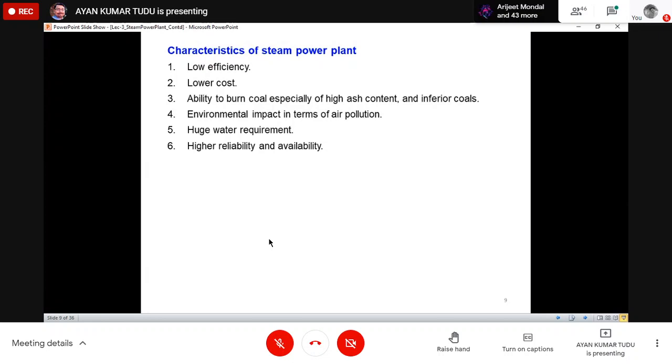Can anybody tell me, in West Bengal we have a pump storage power plant, where is it located? Many of you may have visited the place also. Anybody? Farakka is not a pump storage power plant. It is our NTPC, a steam power plant only. Okay, it is supplying power to the grid.